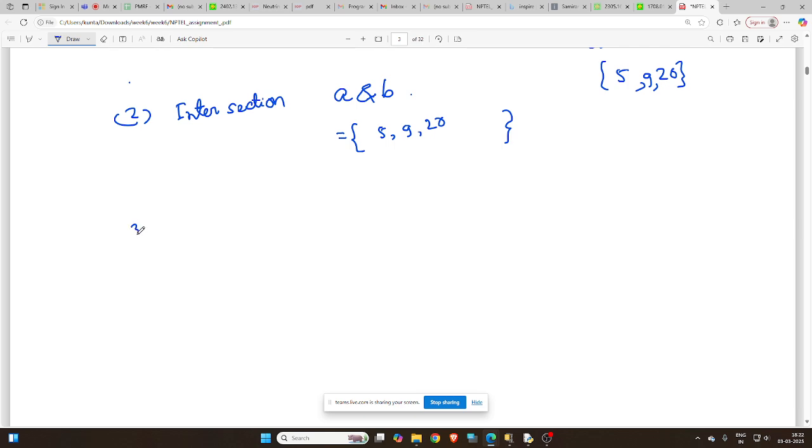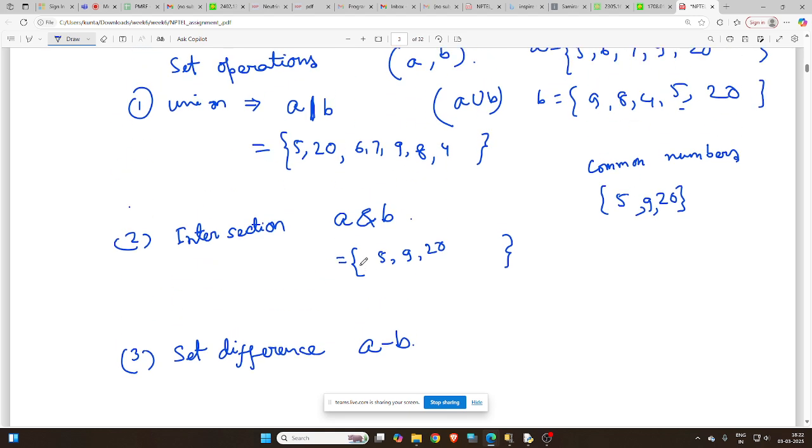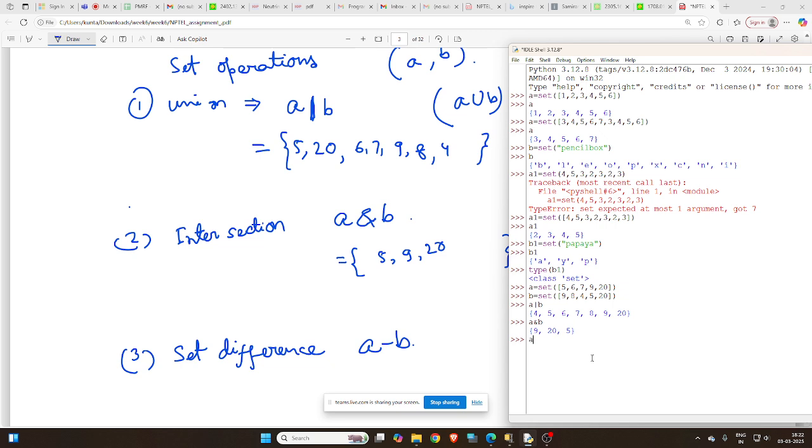Now coming here, the third option. Third option is set difference. Sir has already told these things, but we will just recap them so that we can have the answer of that assignment very clearly. So A minus B, this is the set difference. So what does this mean? This means at the very first, maybe I can write here A minus B. So what does this mean? This means that